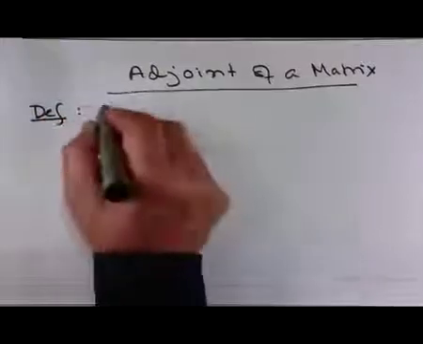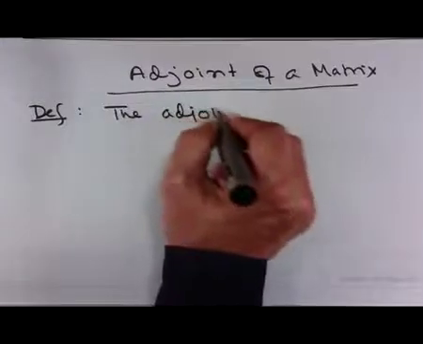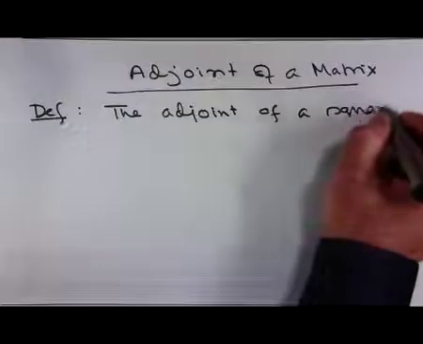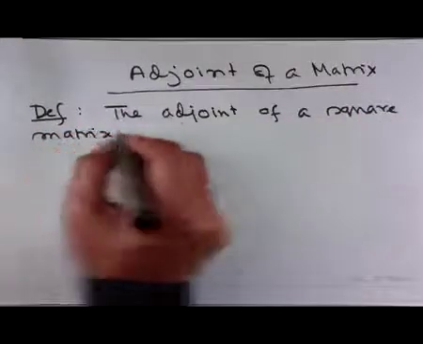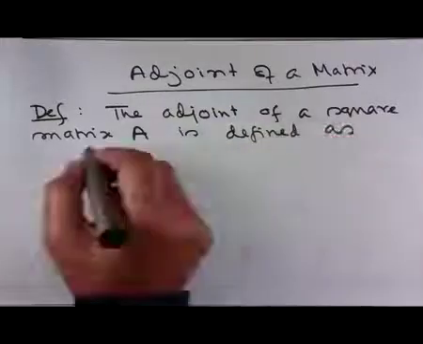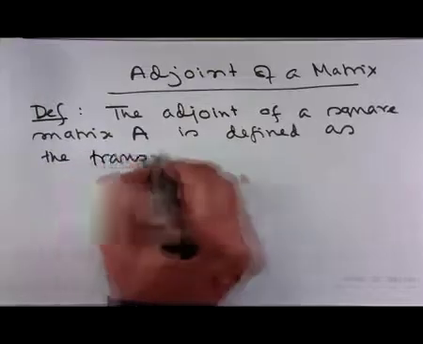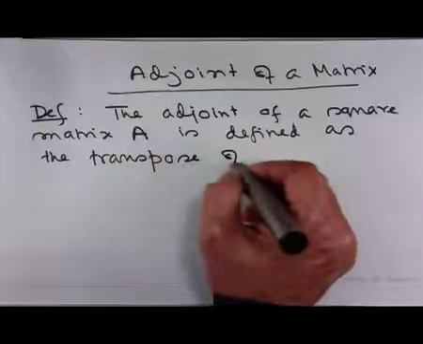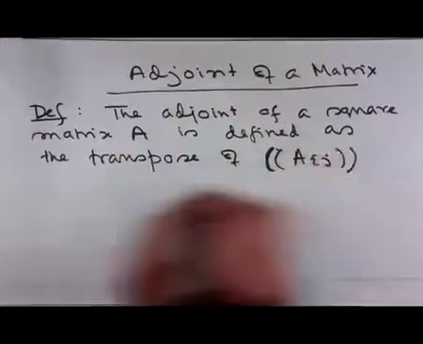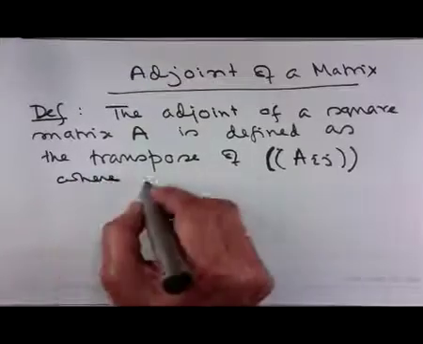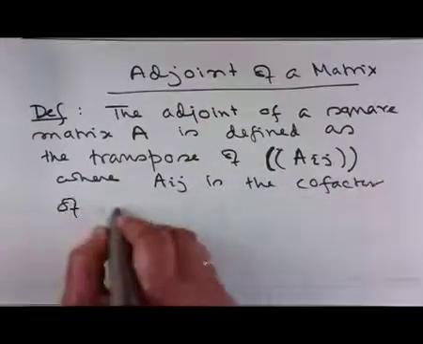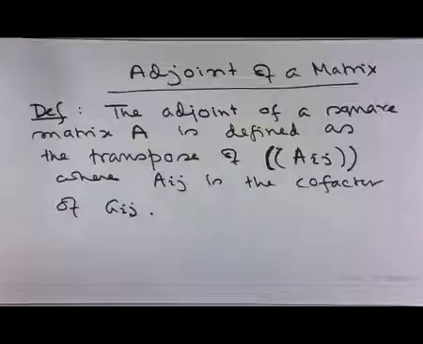Definition: the adjoint of a square matrix A is defined as the transpose of the matrix Aij, where Aij is the cofactor of aij. That is,